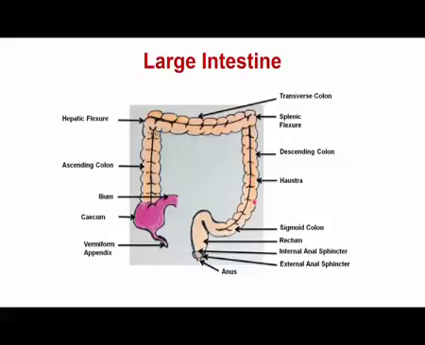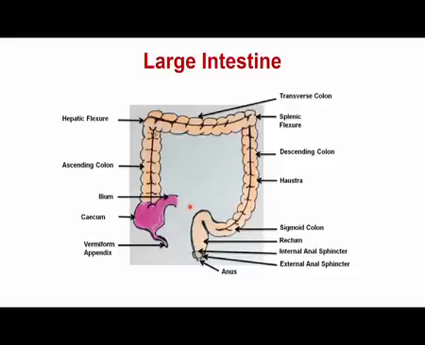Then the sigmoidal colon terminates and forms the rectum, and the rectum contains 2 sets of muscles. One is called the transverse muscle, the other is called the longitudinal muscle, and then the rectum tapers down and closes into a structure called the anus. The anus is a hole present on the human body, and this hole is controlled by a sphincter, controlled from the inside as well as from the outside, so that it is opened only when there is a desire